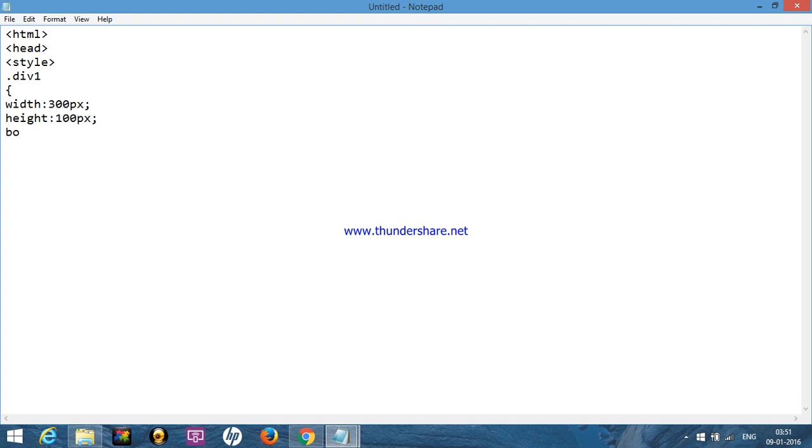Here the border is 1 pixel solid blue. Here the box sizing is border-box.